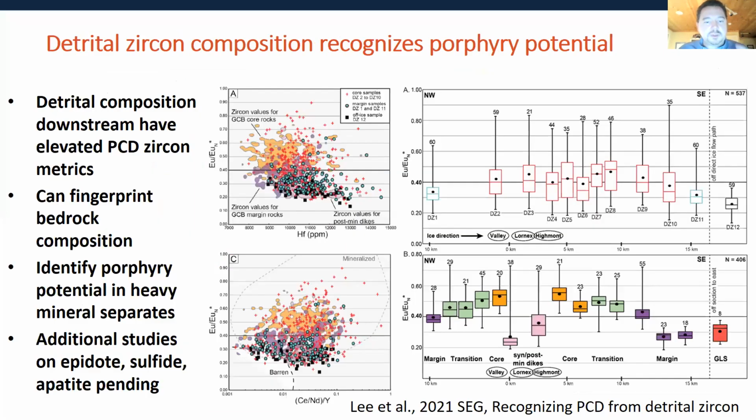And based on the results, we could clearly see that up ice and down ice and lateral have these low values, whereas directly over and down ice from the deposits have the more elevated values. And this we interpret to be a direct way to fingerprint the bedrock sampling and correlate that, yes, we're in an area that is of interest for the potential formation of a porphyry copper deposit system, in this case, Valley. But it's a very, very useful technique, looking at the trace element composition within these samples to define a terrain of interest, or large scale terrain map, using these